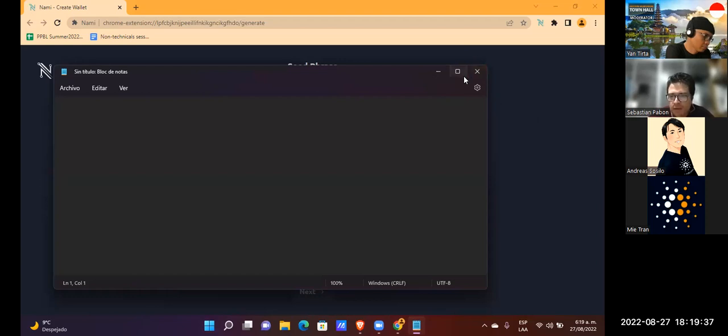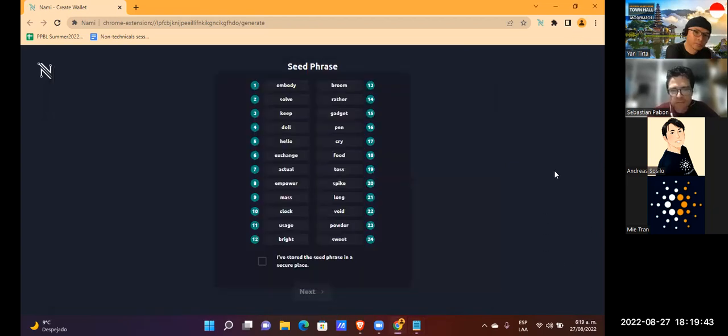This is an exercise; in real life, in your real wallet, you have to save this seed phrase in a more secure place, not in your computer, just in an external place for security measures.